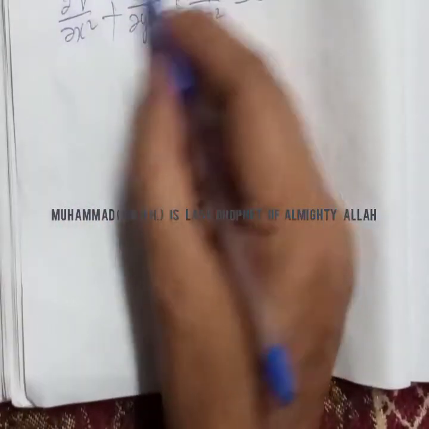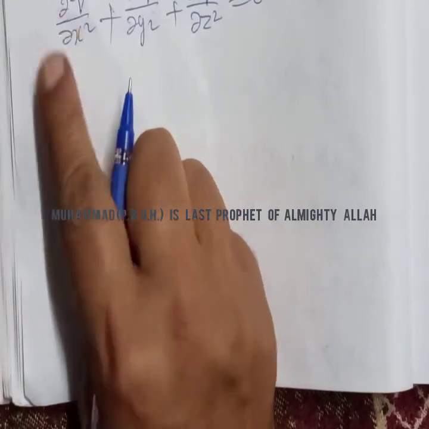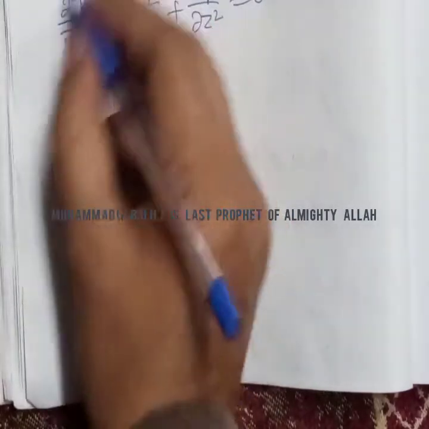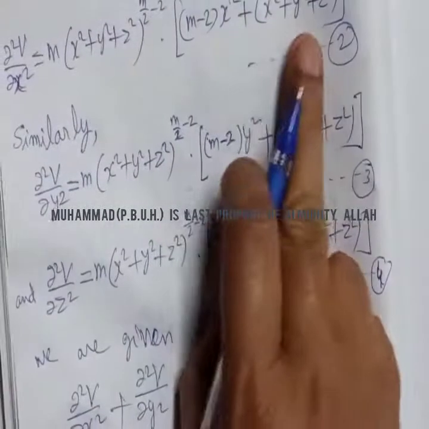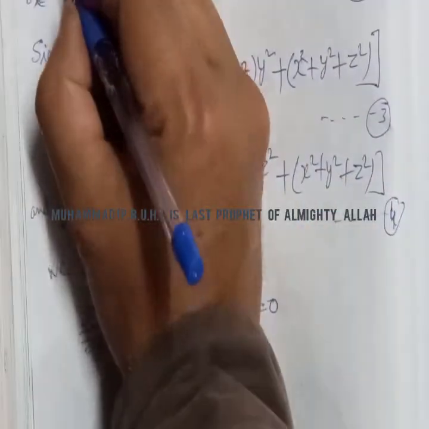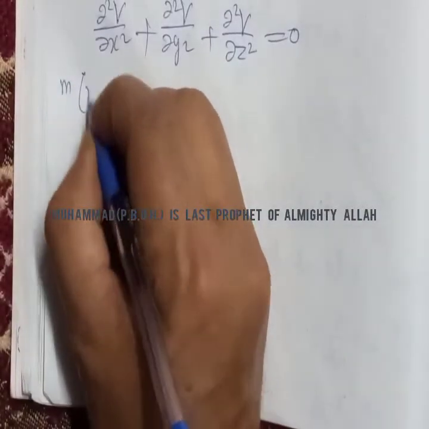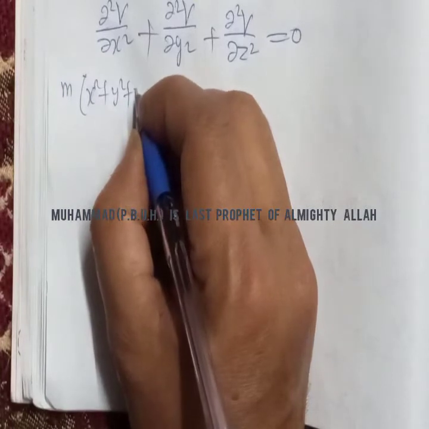So we have already found these values in equations 2, 3 and 4. So put these values from equation number 2, 3, 4. Therefore we can write the value of this from equation number 2. This value is m (x²+y²+z²)